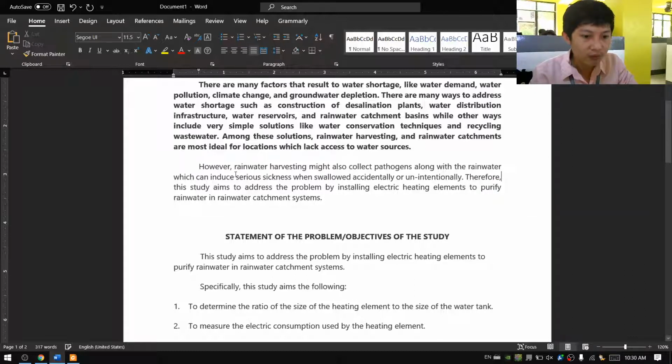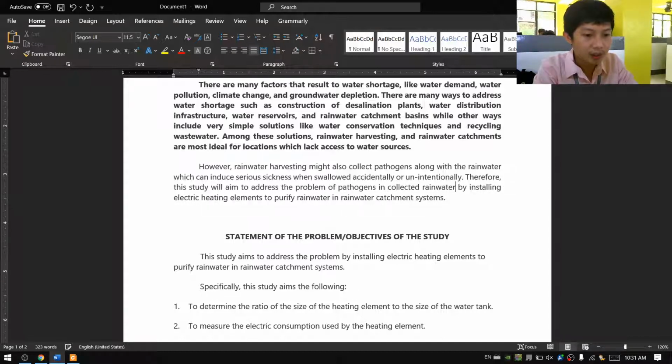Okay, so therefore this study aims, not really aims, will aim to address the problem. No, you don't say this. You explicitly say the problem. What's the problem? Okay. Therefore, this study will aim to address the problem of pathogens in collected